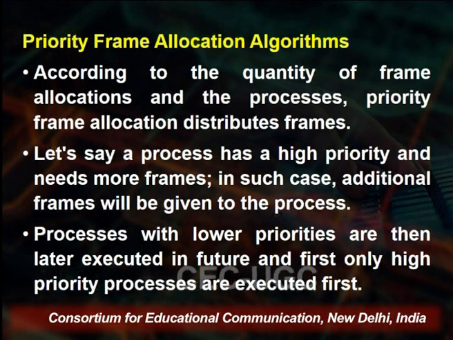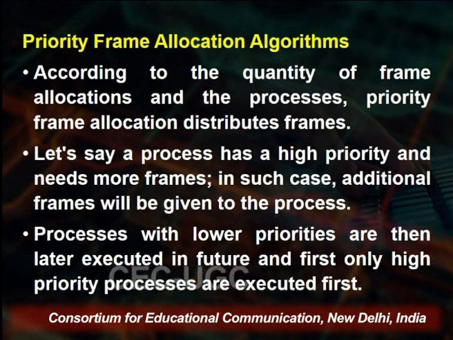Some are having high priority, some are having less priority. So let's say a process of high priority will be allocated more frames, and if that high priority process is requiring more frames, in such cases additional frames will be given to that particular process,